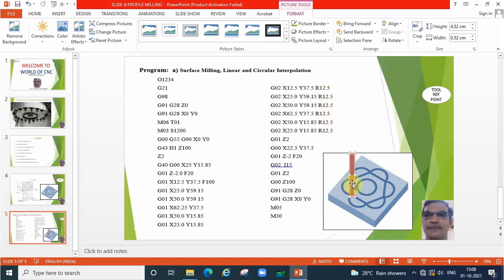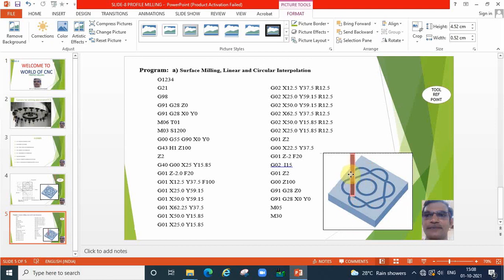Now we can move the cutter in this direction. You just press the cutter and then move the cutter in this direction. We will get one curvature, and then move the cutter like this. Second curvature is over. Now move the cutter to the third, again the fourth, again the fifth, again come to the last point.